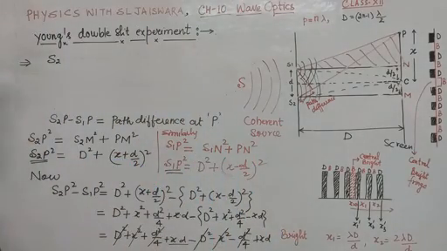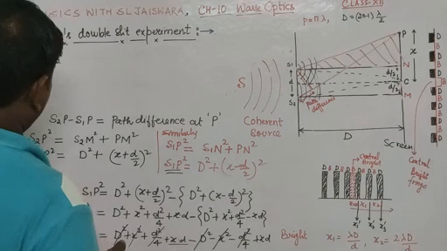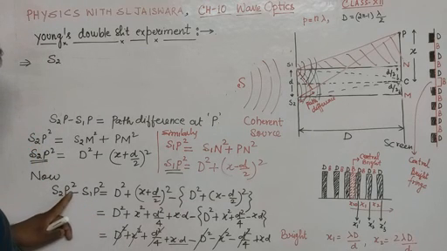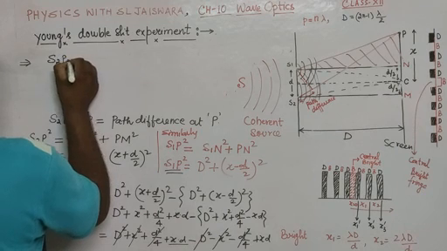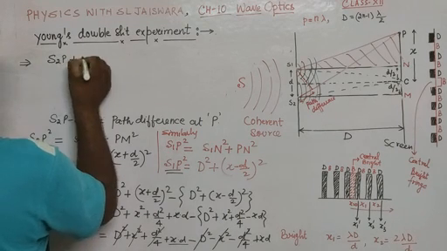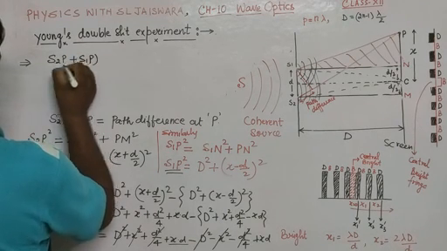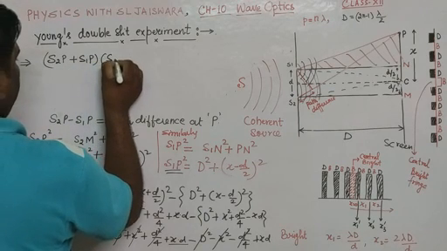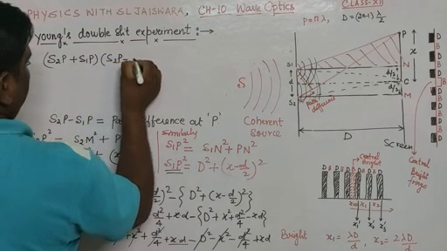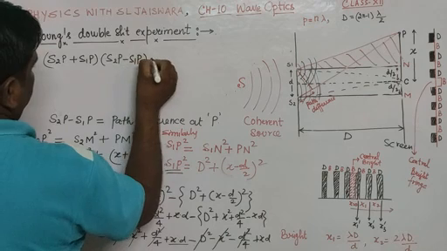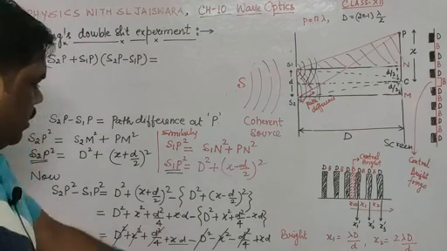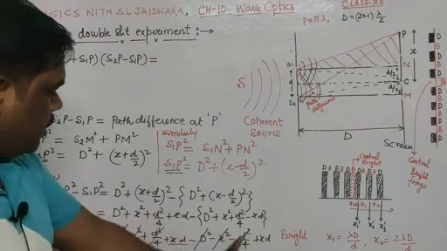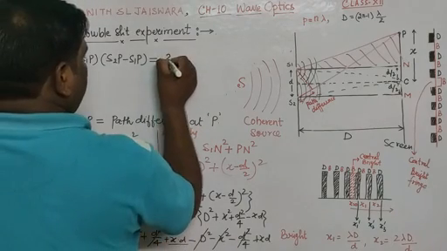So let us use that formula: S2P square minus S1P square can be written as S2P plus S1P in one bracket, and S2P minus S1P in the other bracket. This is equivalent to S2P square minus S1P square, which is x d plus x d,